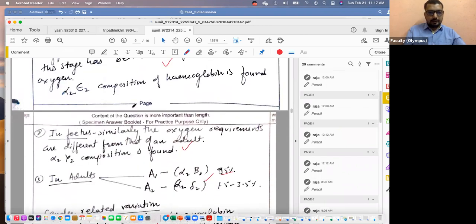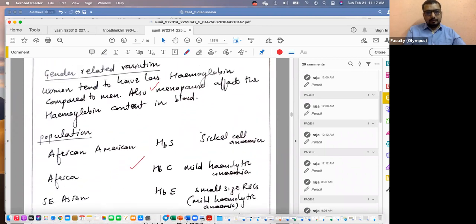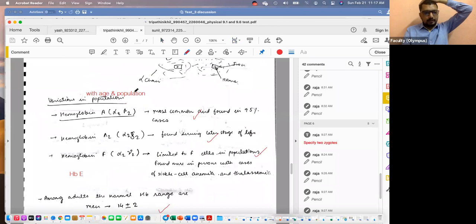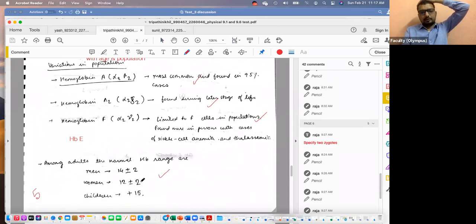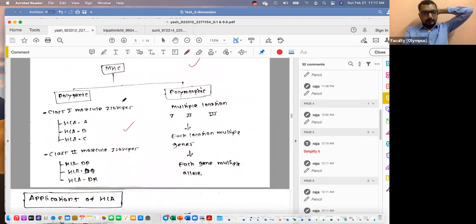Okay, the fetal variation you have mentioned, and the gender related variations you have mentioned. Briefly you mentioned hemoglobin compared to the mean value, how it changes in men and females. I would expect a little bit of numbers here. Like if you see Nikhil and Yash, I think they both have mentioned 14 plus or minus 2, 12 plus or minus 2, and children. These three categories are sufficient. I think Yash went a little further. We discussed a bit more on this.